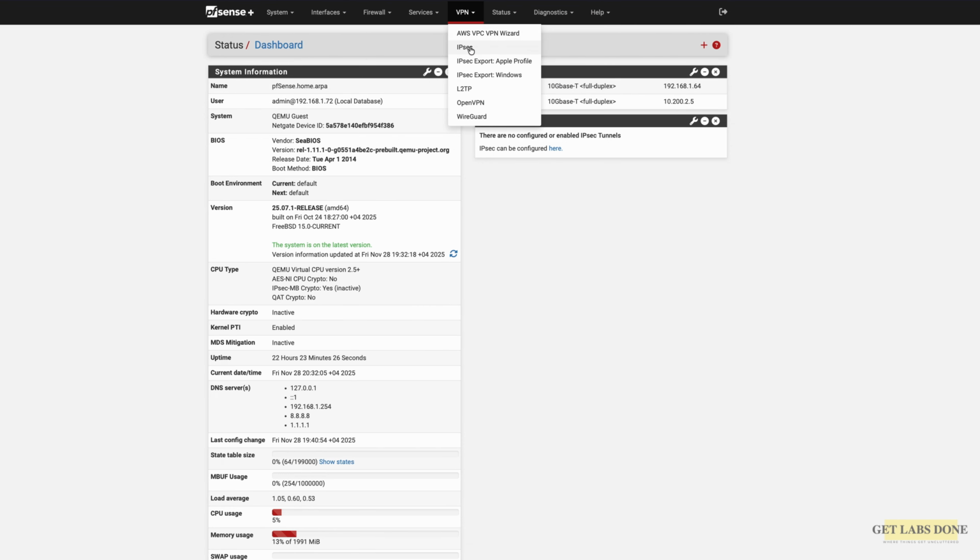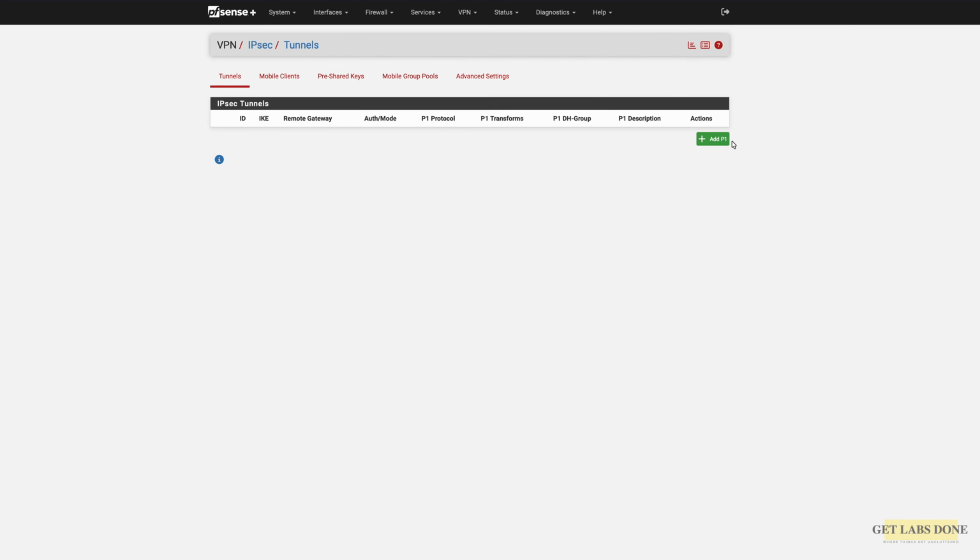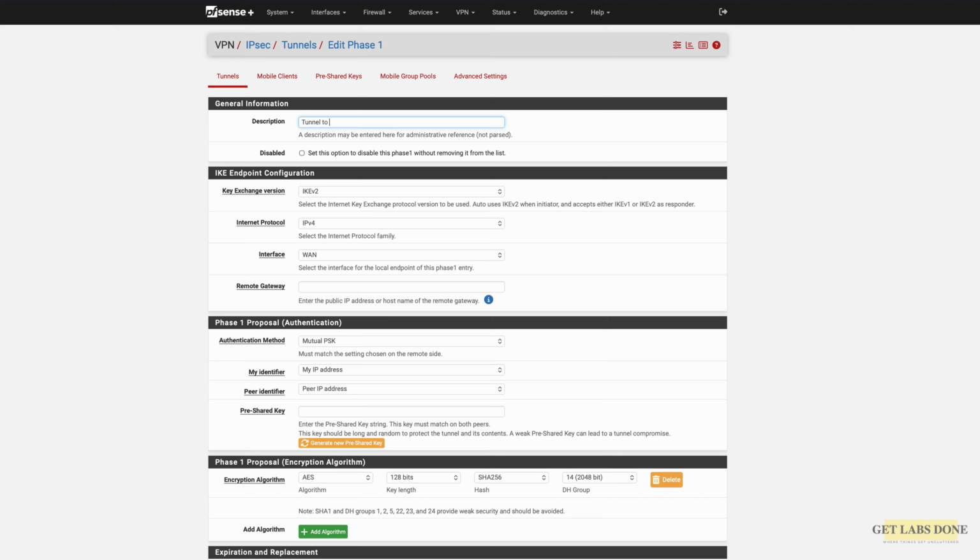Click on VPN, IPsec, and click on add P1, tunnel to HQ. The key exchange version is IKEv2. This is what we have chosen on the remote side as well. IPv4 interface is going to be the WAN interface, and the remote gateway. So let me get the remote gateway IP address, which is the FortiGate WAN IP address. Paste that in here. And the mutual PSK. So no certificate. PSK is nothing but pre-shared key, so we are choosing that, and leave these at default, and